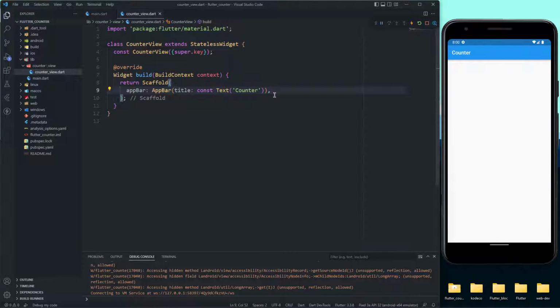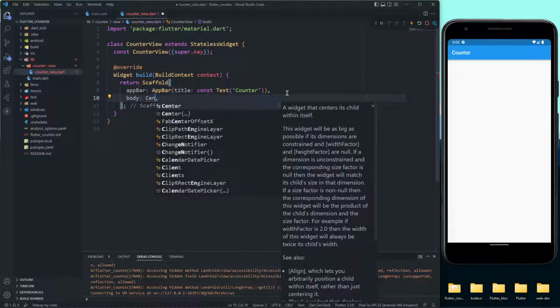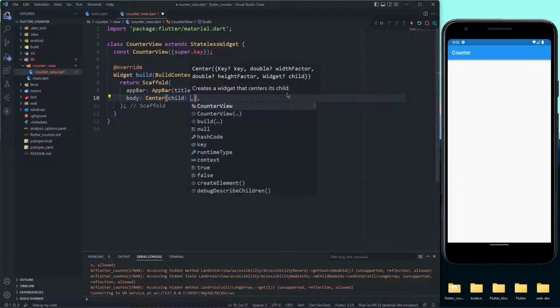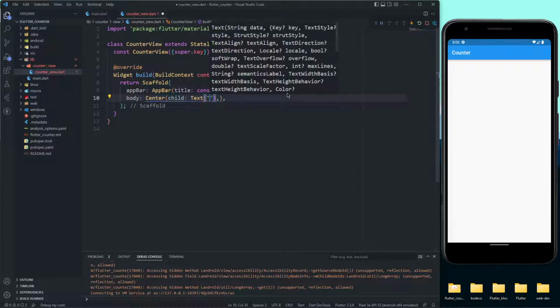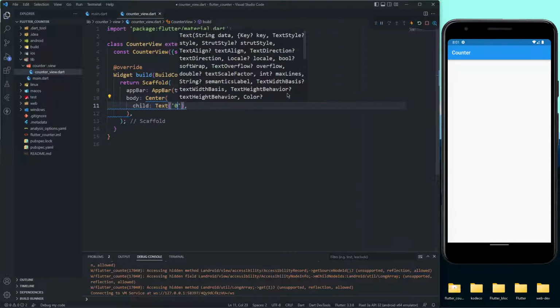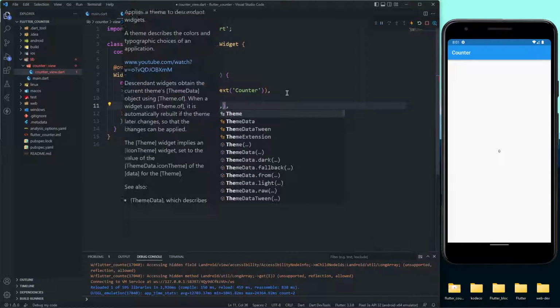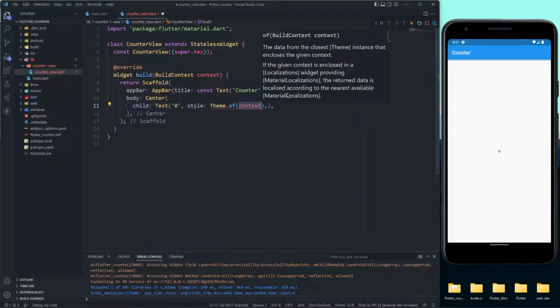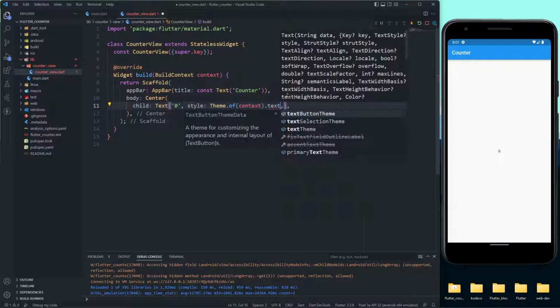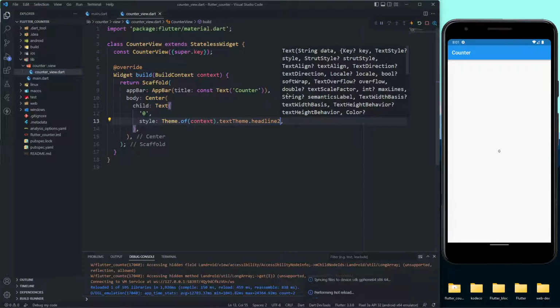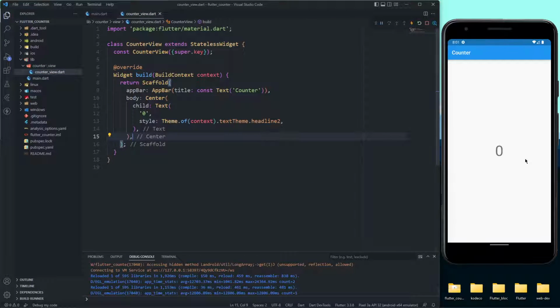For the CounterView, let's set up our UI first of all. Let's call this body parameter, where I want to set up a Center widget with a child of Text, and the text should for now say 0, and I'll already give it a style of Theme.of(context).textTheme.headline2. Save it to have this